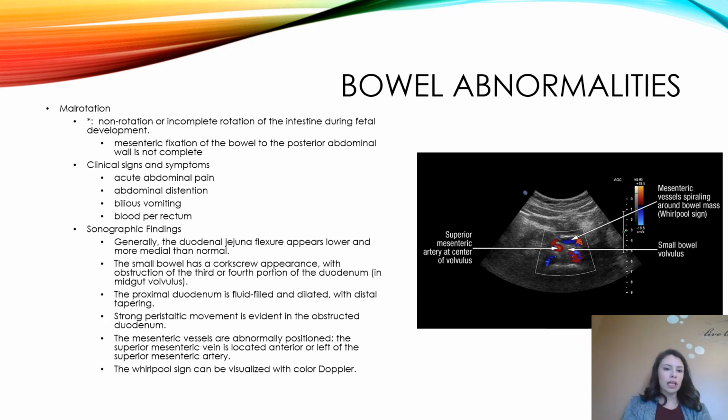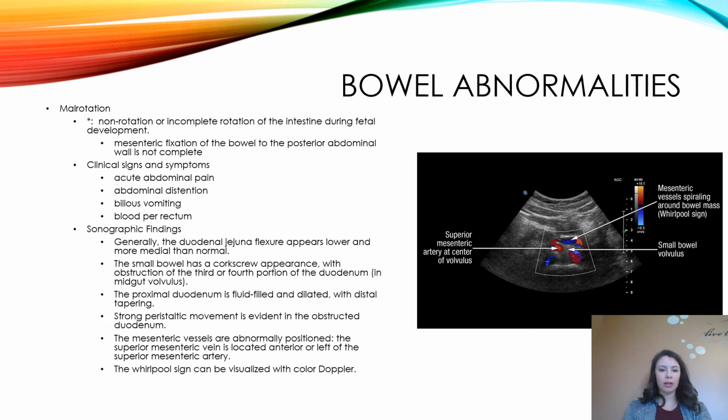And then malrotation, and this is non-rotation or incomplete rotation of the intestines during fetal development. And so the mesenteric fixation of the bowel to the posterior abdominal wall is not complete. Clinical signs and symptoms: there's acute abdominal pain, abdominal distension, bilious vomiting, and then blood from the rectum or blood in stool. Some findings